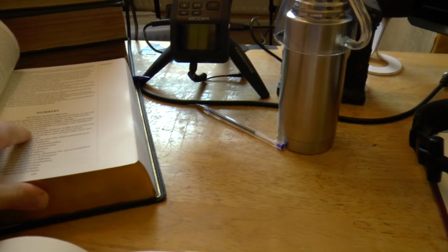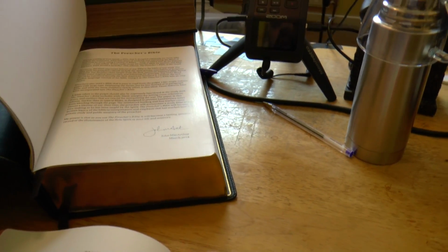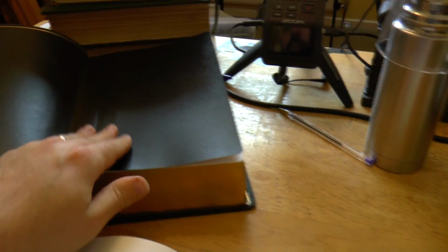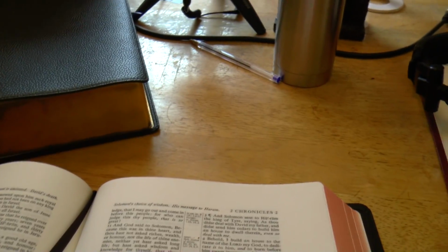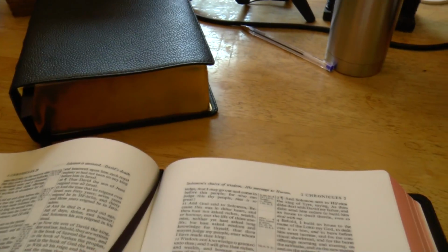The paper is great for writing on, but the other thing is it is just so big. But it looks like it will last a whole lifetime, and the liner doesn't look like it's synthetic at all in this. The reason why I'm just bringing it up is just to compare like with like. These are the top end Bibles, and not everybody's